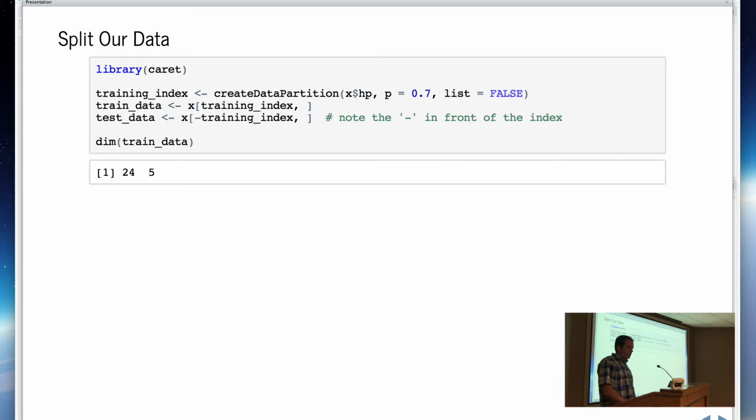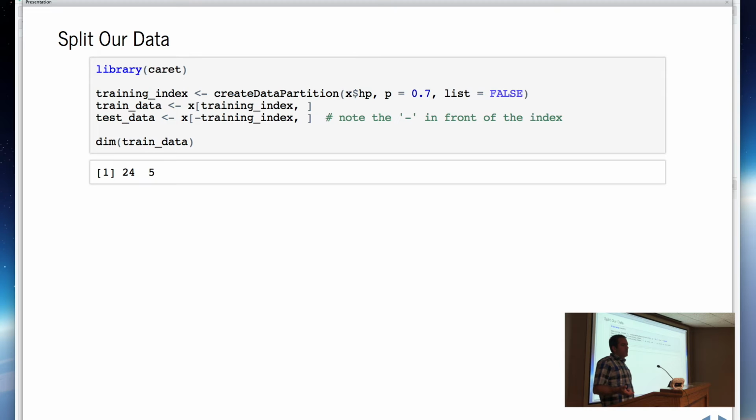So we'll load up the Caret package, and we're going to create a training set. And I kind of made the mistake of calling it a test set. Probably should call that a validation set for my definitions earlier. The function we're using on the first line, createDataPartition, is a Caret function. One thing to note right away is that I have not passed it the entire data set. I've passed it the column that we're going to predict.